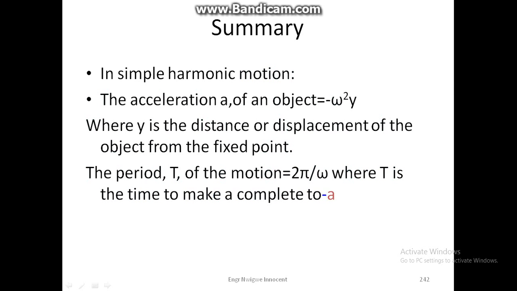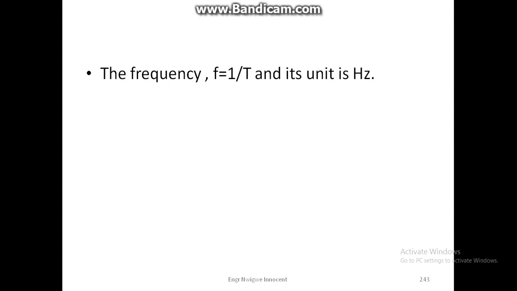The period T of the motion is equal to 2 pi over omega, where T is the time to make a complete to and fro movement or circle. Frequency. The frequency f is equal to 1 over T, and its unit is hertz. The period T is equal to 2 pi over omega, which is equal to 2 pi square root of 1